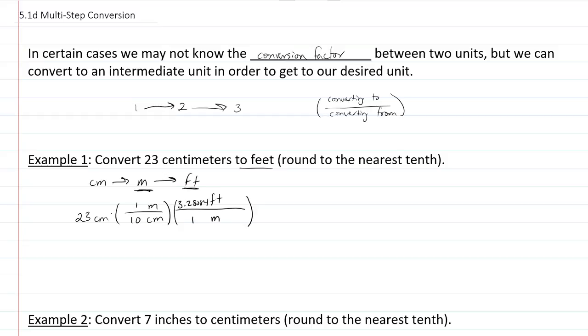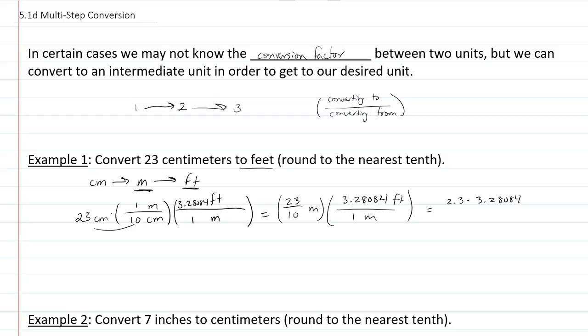So now I can carry out both of these multiplications. The first multiplication I'll just do here, it's going to be 23 divided by 10 meters. And we'll keep this the same, 3.28084 feet over 1 meter. And carrying this multiplication out, I end up with 2.3 times